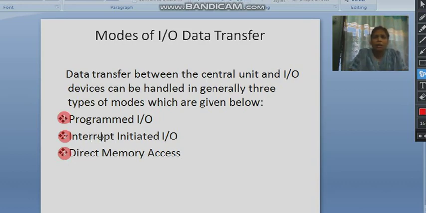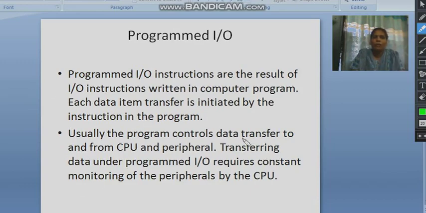As in our class lectures, we have already discussed programmed IO, interrupt initiated IO, and direct memory access. So basically these are the three modes of data transfer between the input output units. Okay, now programmed IO. It is a very trivial method in which we use instructions for performing